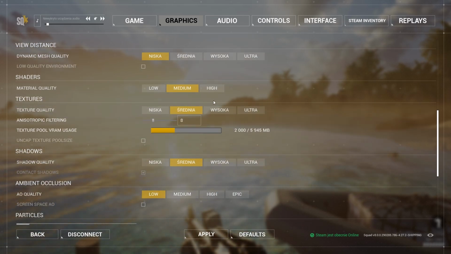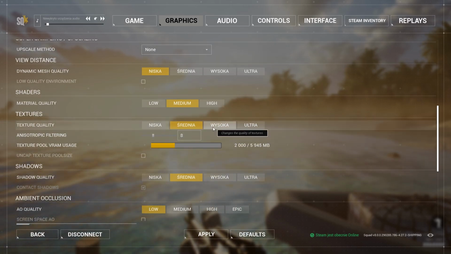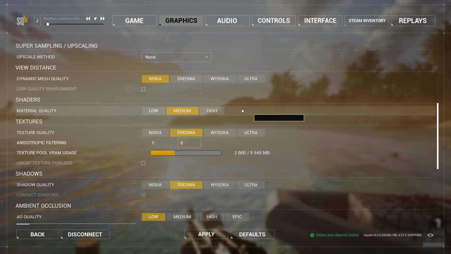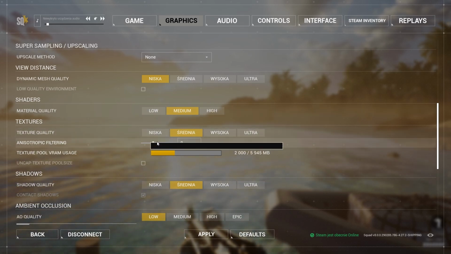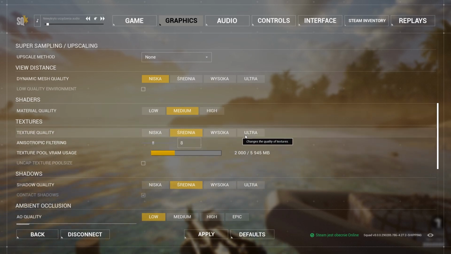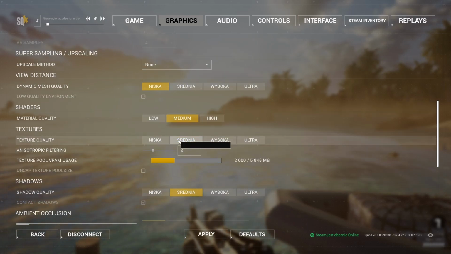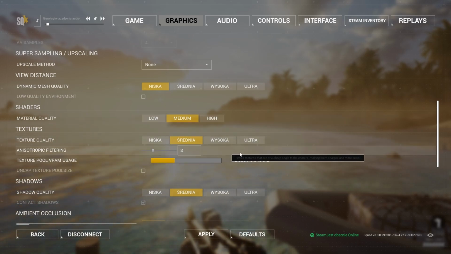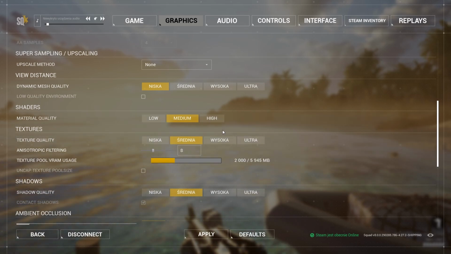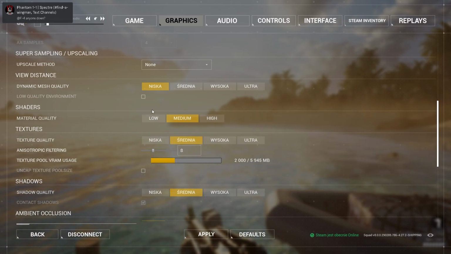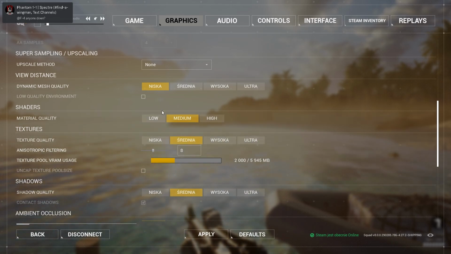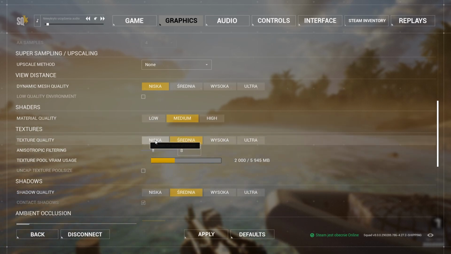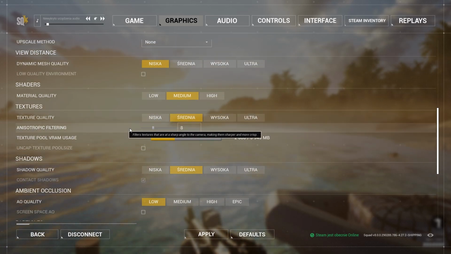Next setting is the material quality. This setting works also with the texture quality, so however you set up your texture quality, make sure you set your material quality the same, because it can change how the game looks, and you just wanna keep it the same on both settings. From my personal experience, the medium gives you the best visual quality for the best performance. I tested high settings. Really, guys, in my personal opinion, there is not much difference, and believe me or not, with the medium setting the game does load faster, way faster actually, so I think that's useful.